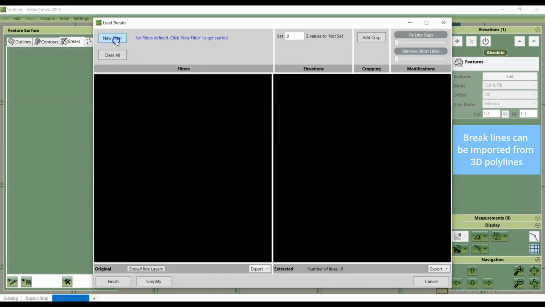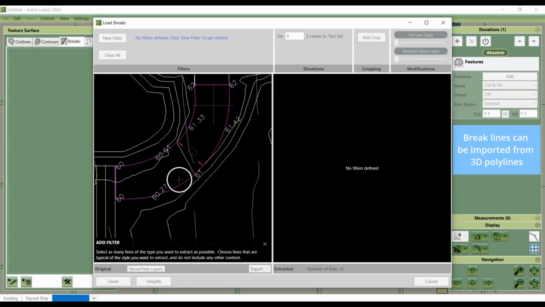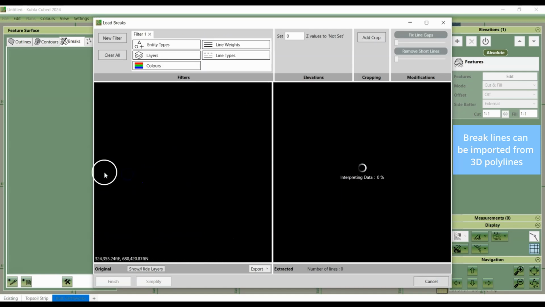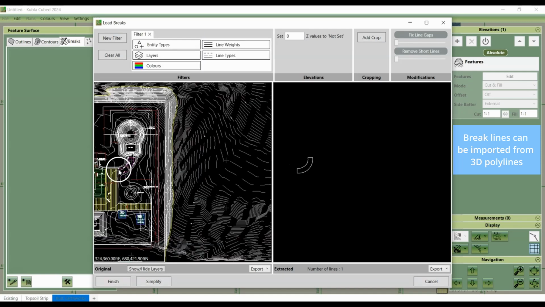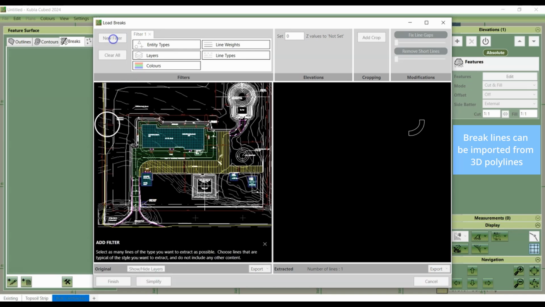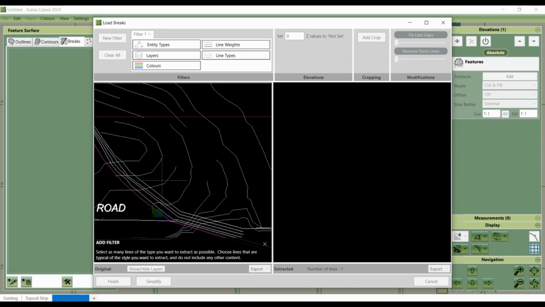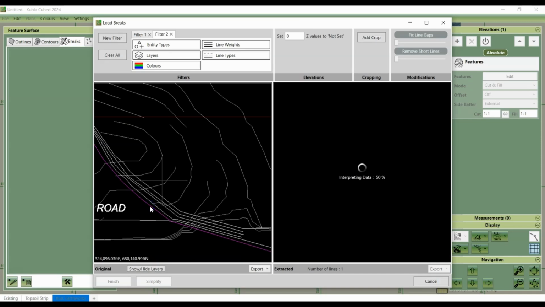In my file, the break lines are these pink lines here. So I've got one here, and then another one should be down here. Yeah, so you can see those. That's great.